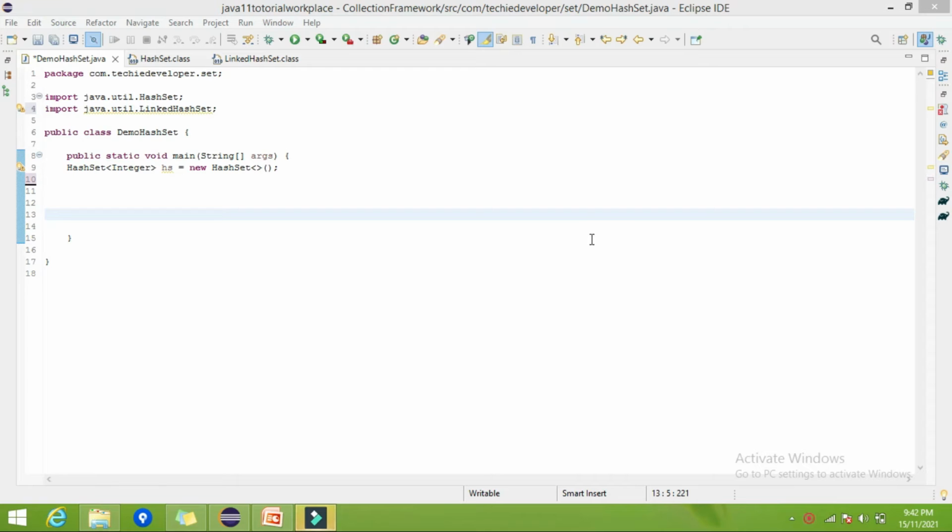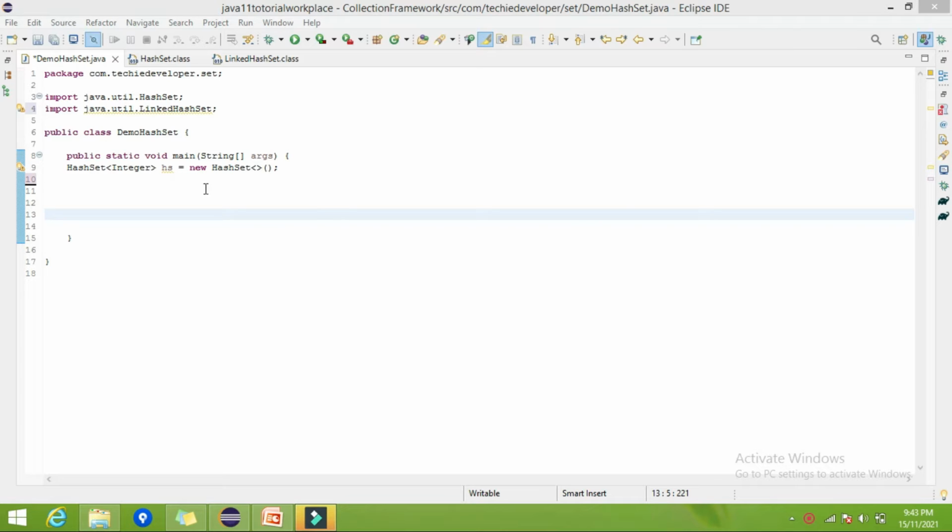In the last video we covered how the hash set works internally. Now in this video I will show you some basic operations that we can use frequently on the hash set. As I told you earlier, set does not contain any specific methods. All methods are from the collection interface only. So whatever methods are available in the collection interface are by default present in the hash set. Only the implementation will be different, but functionality-wise it will work the same.